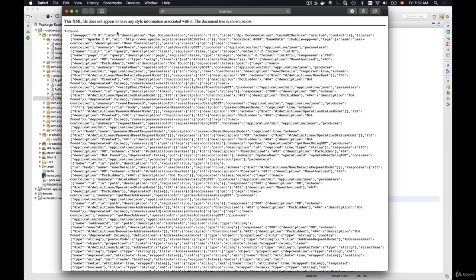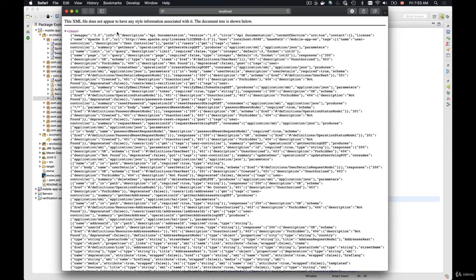And it is in the form of a JSON document, which is very, very detailed. It describes our REST API in great detail. It contains all our web service endpoints, all the request parameters that our web service endpoints expect. It contains the exact schema of our JSON or XML payload that a web service endpoint receives in the body of the HTTP request, and we can also see here the exact JSON or XML model that will be returned in the body